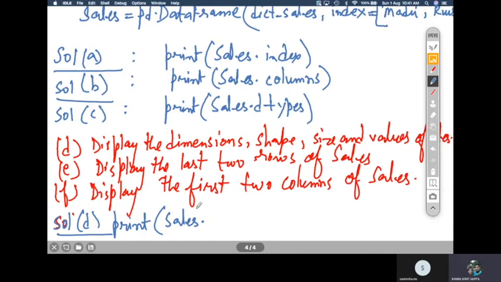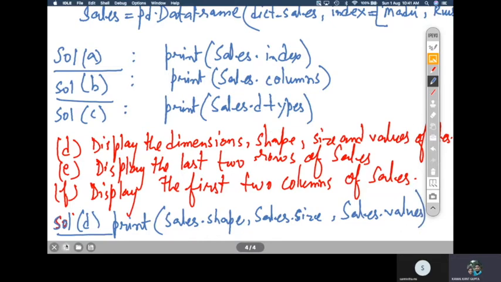Dimension means row numbers and column numbers. So you can print sales dot shape, then you can print comma sales dot size, and then you can print sales dot values. So all these will give you the three things which are asked in the question.